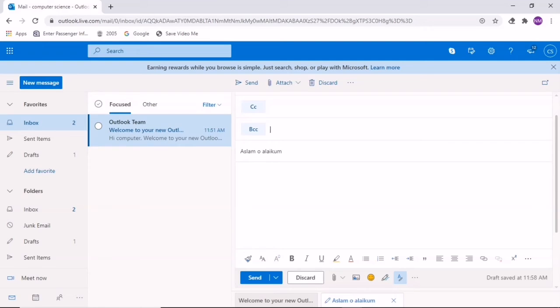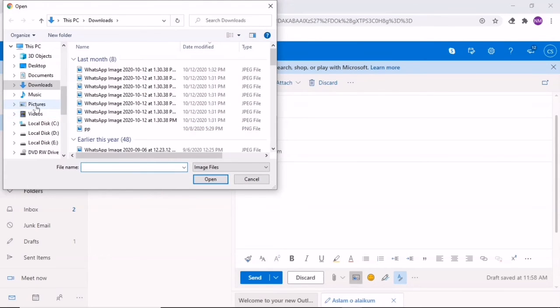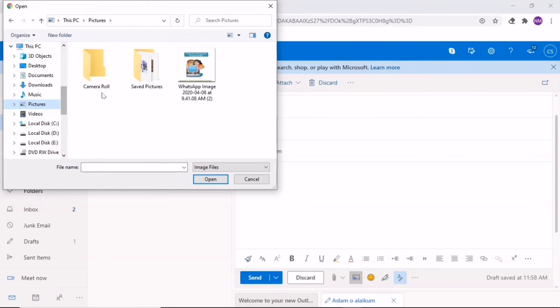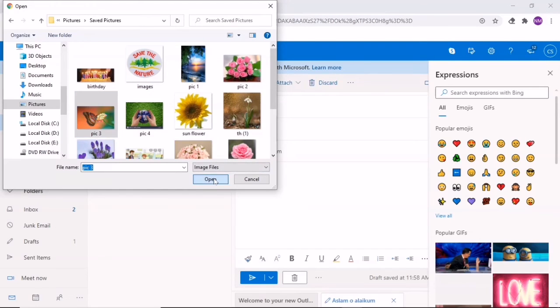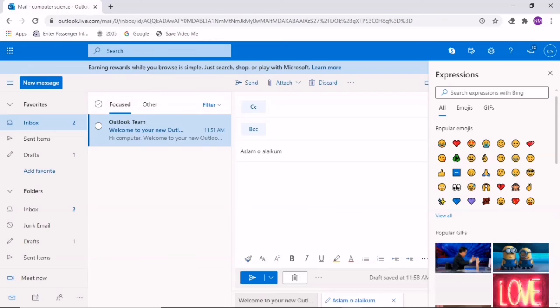Okay, and also you can send emotions here. You can type any text here, emotions here, and pictures here. Select any picture from your computer, like this one, open it and select any picture. Okay, and you can select any emotions from here, or you can select a GIF from here.